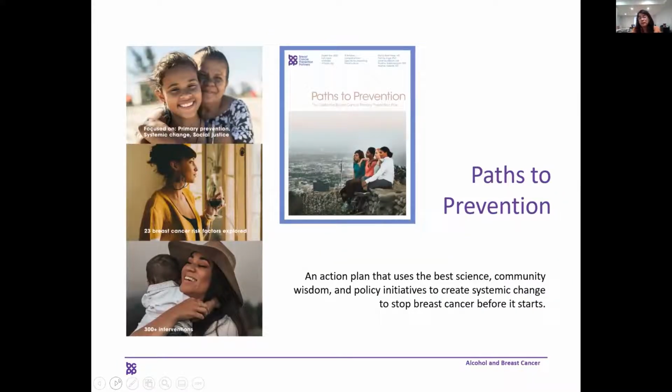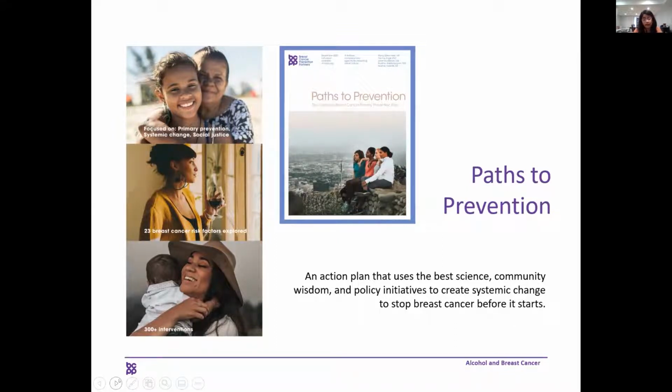So a little bit about this Path to Prevention report. This is a report we put out in September last year, and it was funded by California Breast Cancer Research Program. Peggy was one of our advisory committee members. And this was a 4-year project in which we were asked to look at all of the factors other than genetics that were linked to rates of breast cancer in the state of California, both protective and risk factors. And the whole idea was to come out with interventions that could be done at a community level,